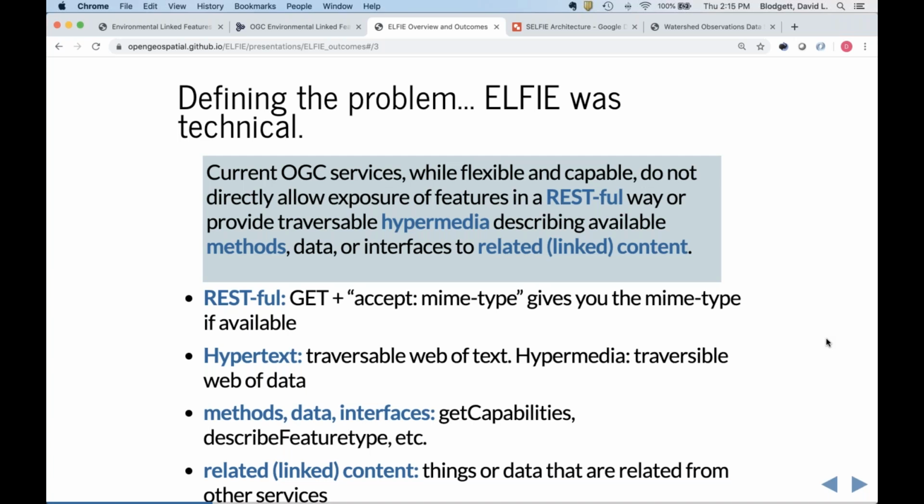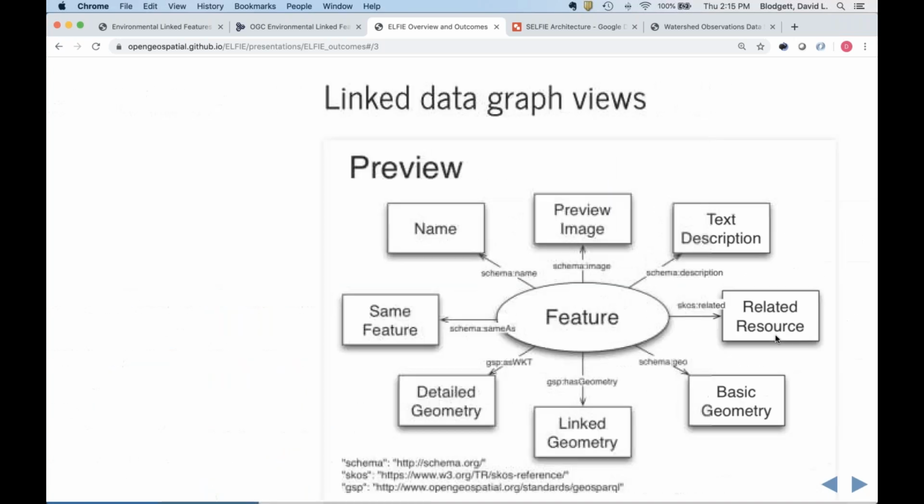The methods, data, and interfaces of the services are not described in a way that uses that RESTful hypermedia, hypertext paradigm that people have come to expect of modern web APIs. And then how you establish linkages between OGC services was not entirely clear. So how to use these basic linked data paradigms within the context of an OGC services stack is not a clear problem. Those are the real technical pieces of the OGC services baseline that we were working on.